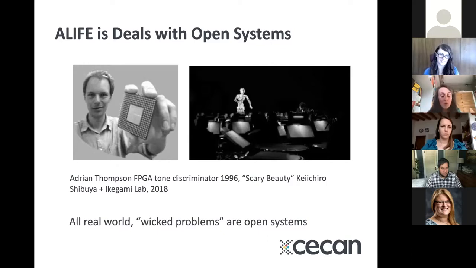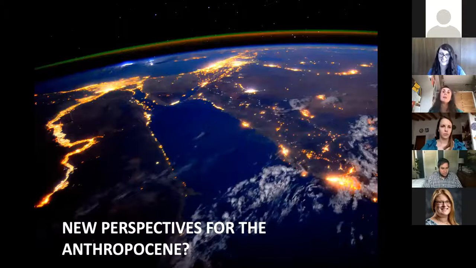So, all real-world wicked problems are these kinds of open systems, but there's a real desire in policy to have control, prediction, to have these closed models where we can say exactly what's going to happen. It never works, but people like to hang on to that. So I think we can come in here with that perspective. And I also think, with this creation of new living systems, either that we are creating or that have been created already by the Anthropocene, that some of our perspectives could be helpful here in looking at new levels of living system.